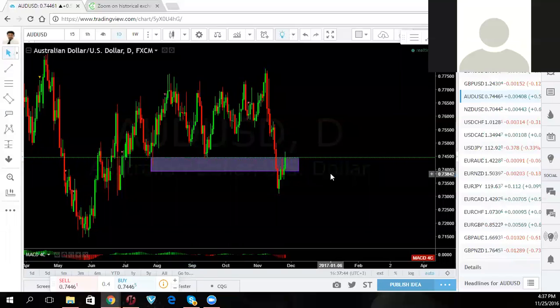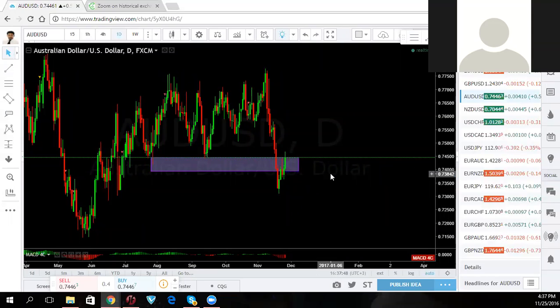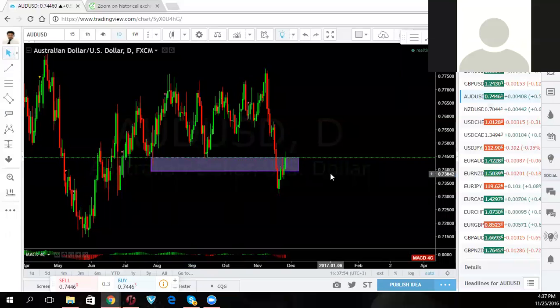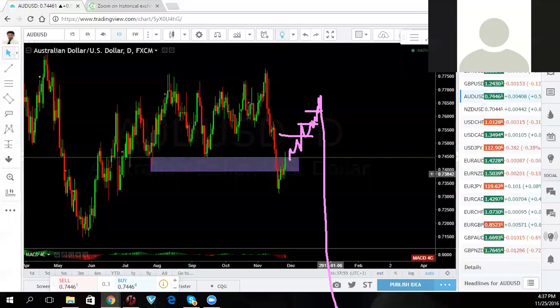Watch this resistance area, because my moving average is there and the resistance is there, and wow, that's a good selling point. Well, sell it now, let me see. You sell it here, and let me tell you what's going to happen to you. You sell it there, I'll tell you what's going to happen to you. It's going to do this. Take your stop out wherever you have it. You keep moving your stop, it's going to jam you and then do that.